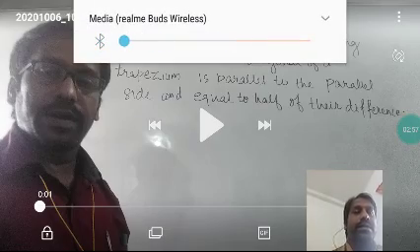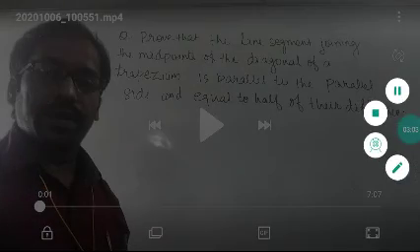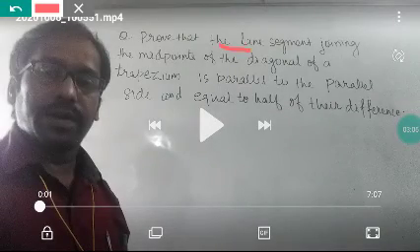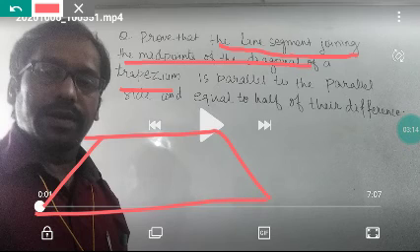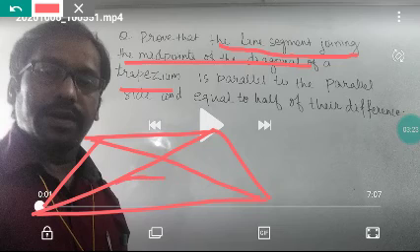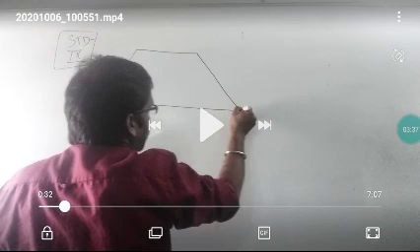Before I start, let me explain this question here. The question is saying that the line segment joining the midpoints of the diagonals of a trapezium, means there will be one trapezium. This is called a trapezium. We have read this also. And it's saying that joining the midpoints of the diagonals, these are the diagonals of this trapezium, so its midpoints are joined here, it is equal to half of their difference. Okay, so let us see what this theorem is saying.